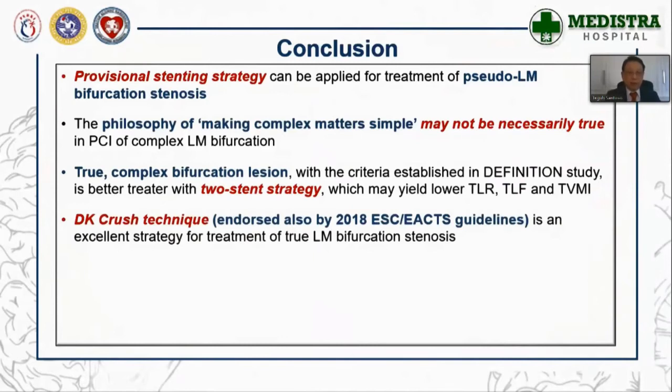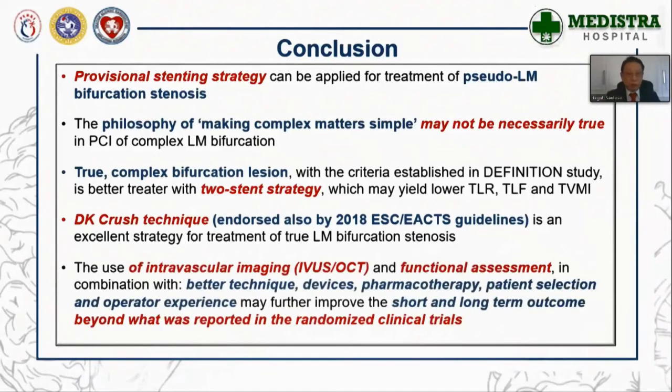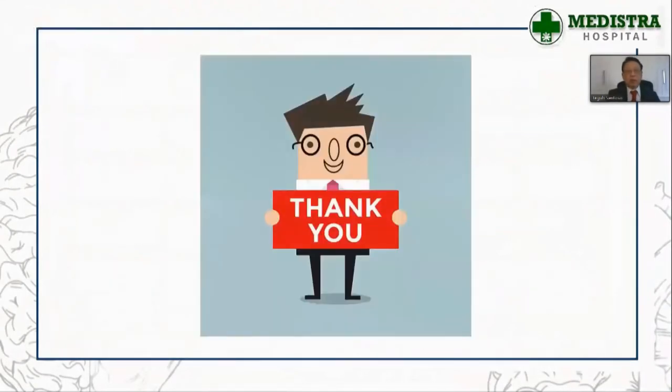The DK crush technique, as also endorsed by the 2018 ESC guidelines, is an excellent strategy for the treatment of true left main bifurcation stenosis. Use of intravascular imaging and functional assessment in combination with better techniques, devices, pharmacotherapy, patient selection, and operator experience may further improve the short and long-term outcome beyond what is reported in randomized clinical trials. So I thank you for your comment. First of all,